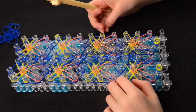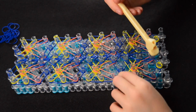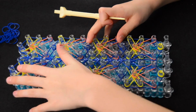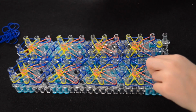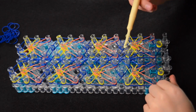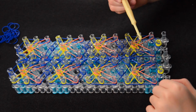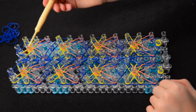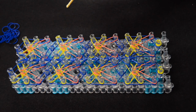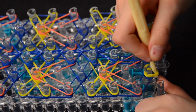Now that we've done hooking our X's in the middle, we're going to start looping all these bands here, but you always want to make sure you loop it like in this direction. So you go here, and then you go loop this one, and then this one, and go here, and then here, and you continue that pattern until you're done looping. So what you're going to do is you're going to pull back the capping band,